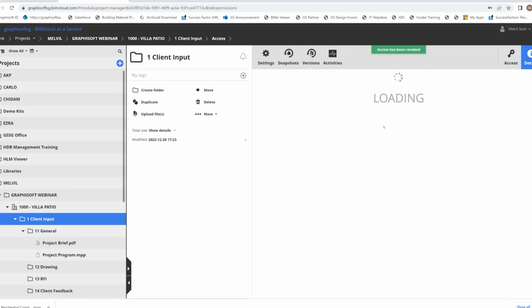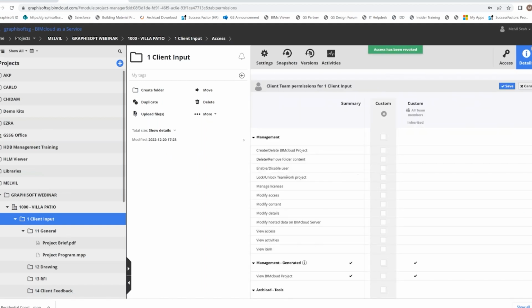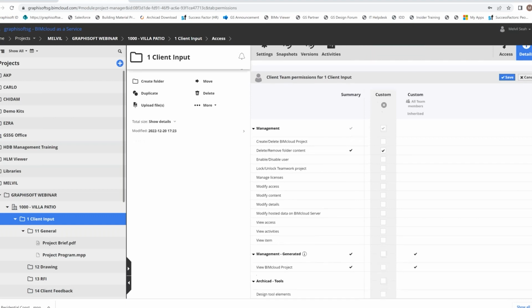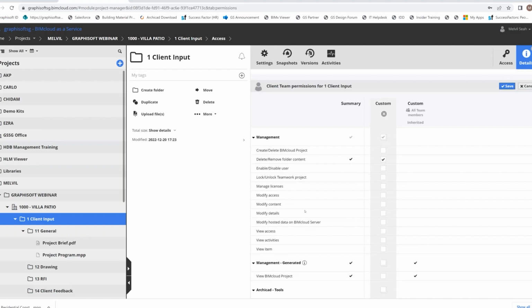So I'll click on save, and for the client theme, I would like to let them delete and remove folder contents. Over here on the left are all the different permissions and access you can choose. For the client, I would like to let them do delete and remove folder content, modify access, modify content, modify details, and these 3.